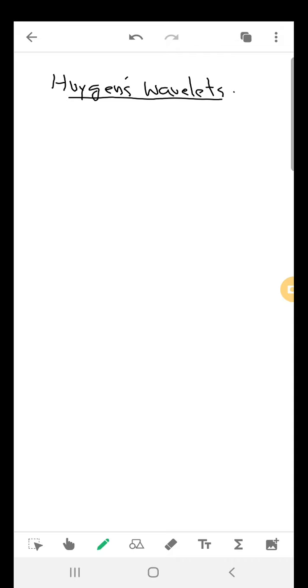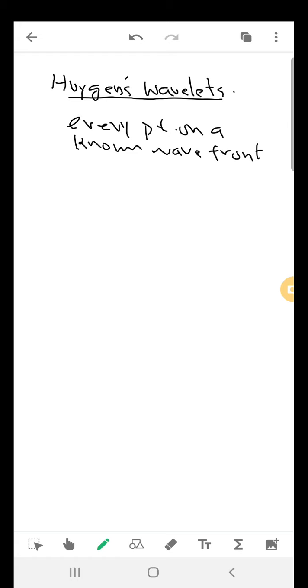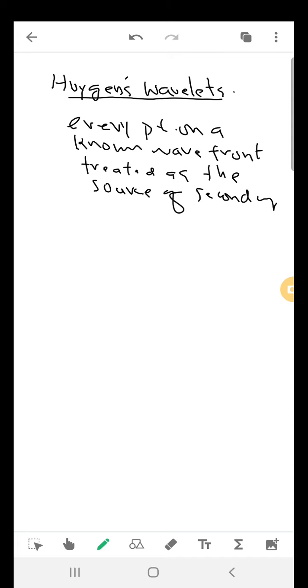It says that every point on a known wavefront in a given medium can be treated as a point source of secondary wavelets,